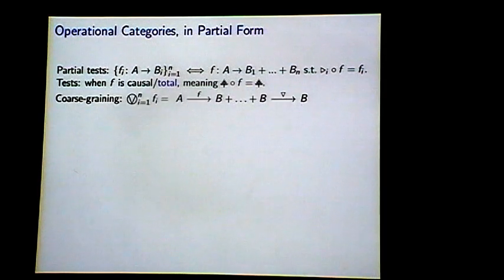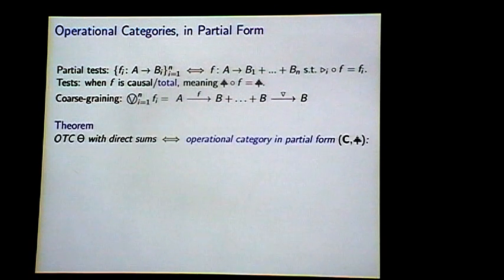You can also describe coarse graining nicely. So the kind of partial test you can coarse grain over consists of a load of events of the same type, so it'll look like this arrow F here, going into a co-product of itself lots of times. And then you just want to merge all those different outcomes into one thing. And when co-products are around, you always have this co-diagonal map defined in your category, which sort of intuitively merges those factors together.